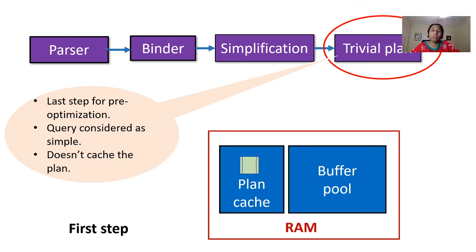But what if we don't have that easy query, right? If our query has very complicated logic in it with 10 table joins, with group bys, order bys, those kind of things, then that particular query will be treated as a little bit complicated, and that query will be sent to the second step of the relational engine. Now let's think our query is a complicated one, right? Now it will go to the second step of the relational engine.